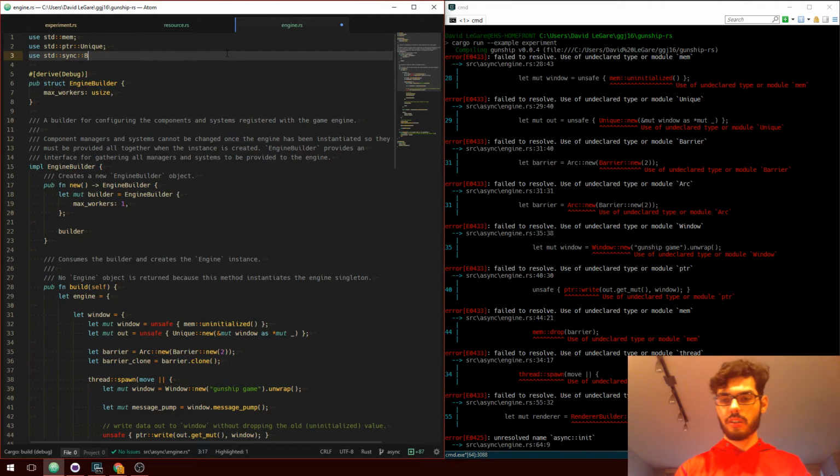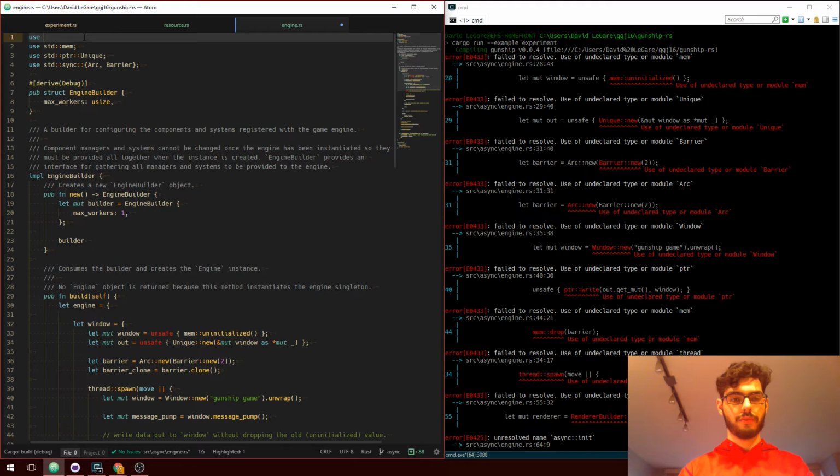Standard sync barrier, and we want more than just barrier. We actually want a bunch of junk. We want arc, we want barrier. We're actually not using any mutexes. I need bootstrap window, use bootstrap window. What else do we have?